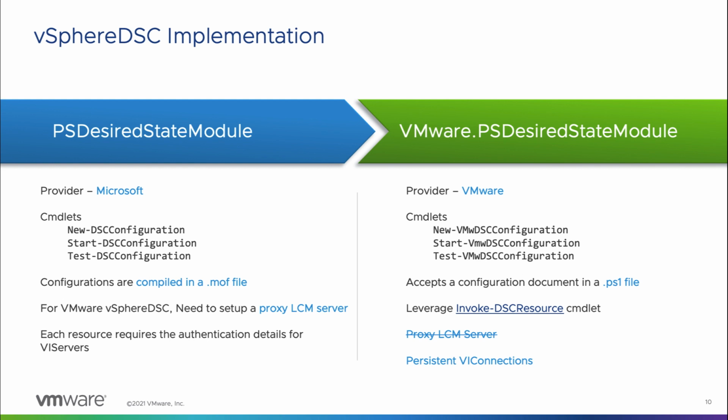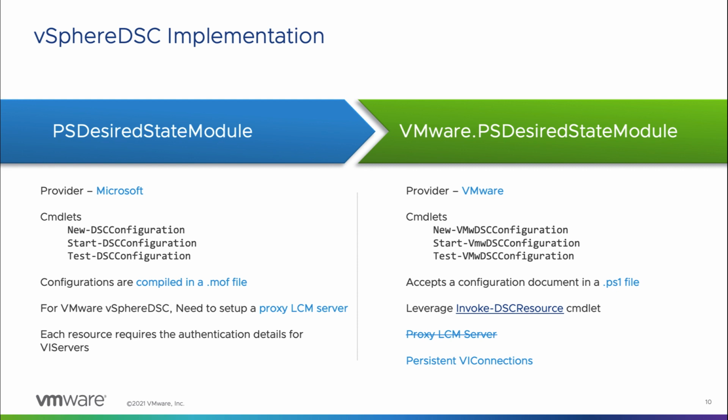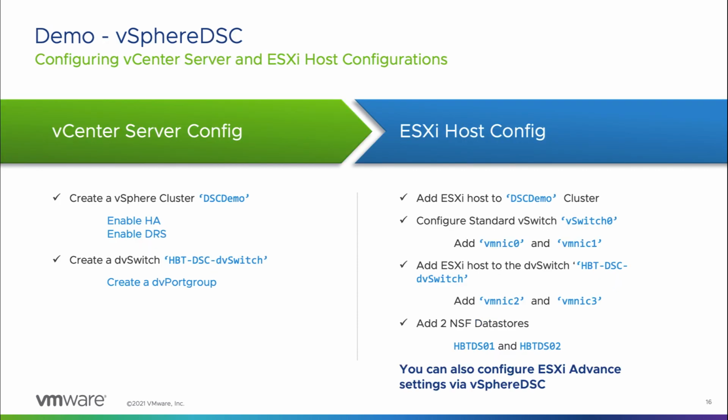The second method, which is the VMware provided PS desired state configuration module, uses something called the Invoke-DscResource cmdlet. The Invoke-DscResource cmdlet currently is an experimental feature which allows you to execute the DSC resources without requiring the PowerShell LCM engine. This means that now you can directly apply the DSC configuration onto the vSphere environment without involving the local configuration manager. In this demonstration, I will be using the VMware.PSDesiredStateConfiguration module, and as part of the configuration, we will be configuring different configuration aspects within the vCenter and the ESXi host.